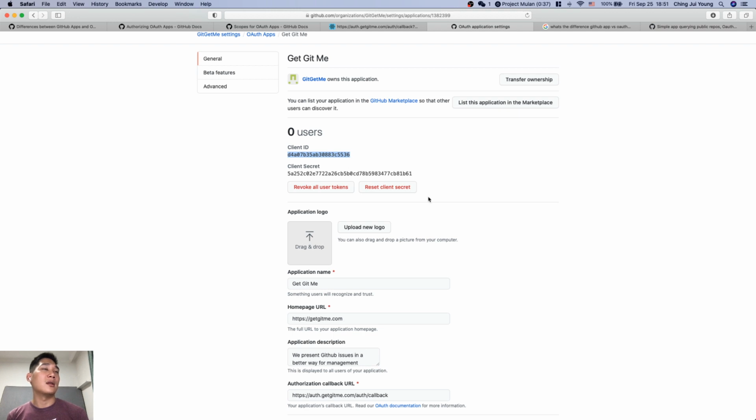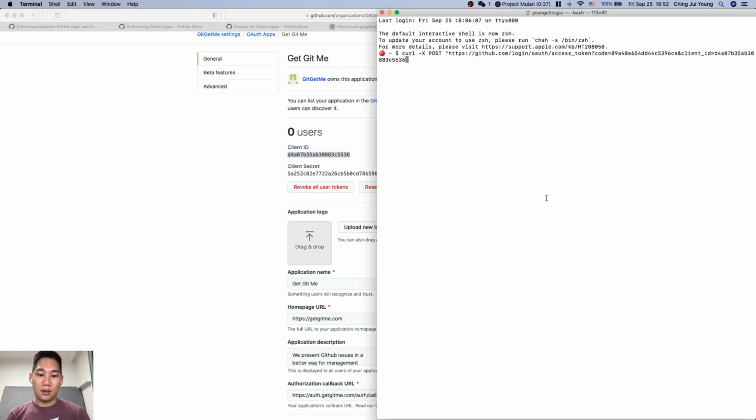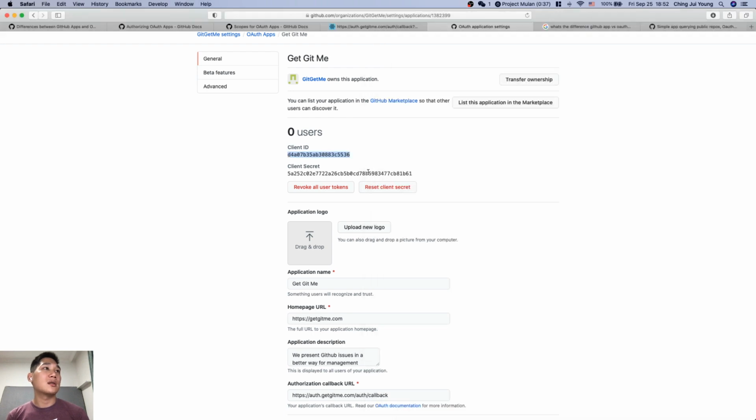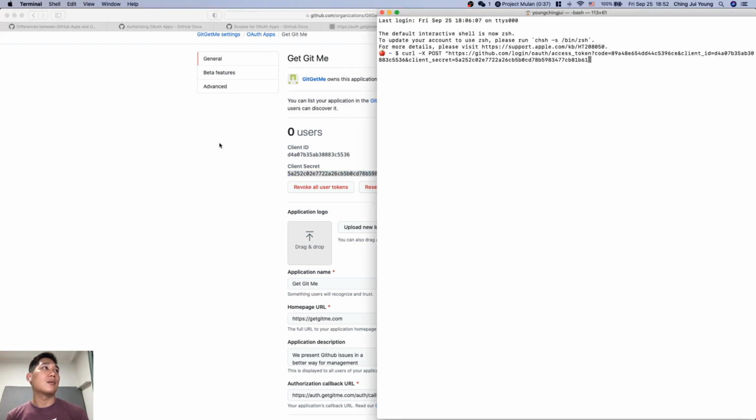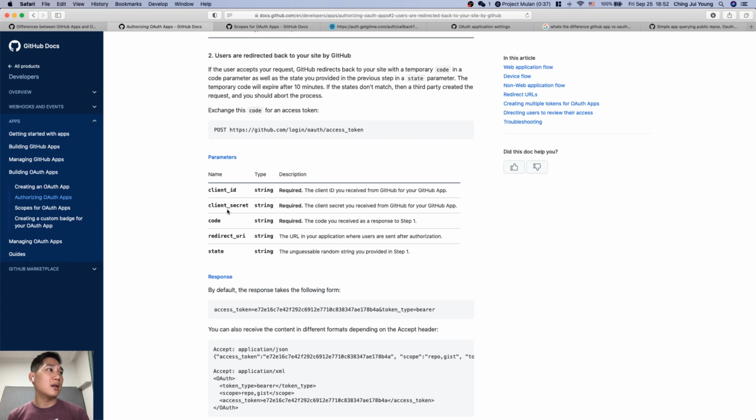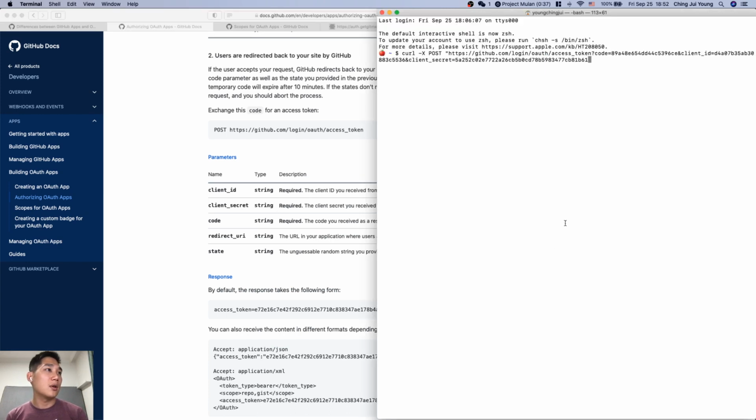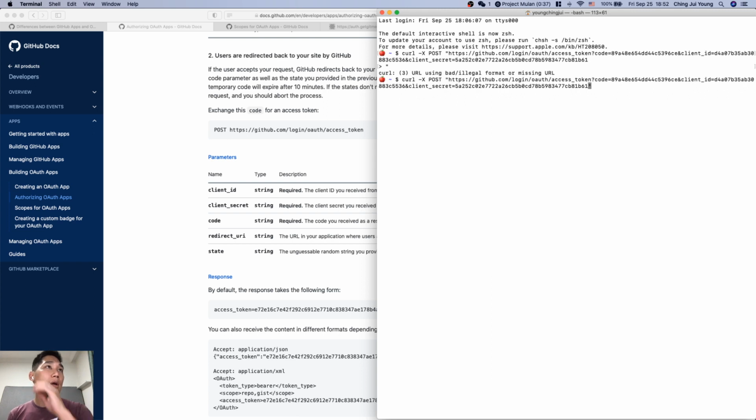Your client ID equals this, and client secret equals this. Okay, is that all I need? Client ID, client secret, code, yes, okay. And let's see if, oh, I forgot to end this. Okay, good. So we've got the access token,